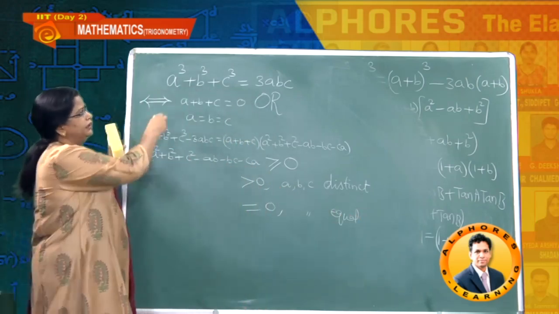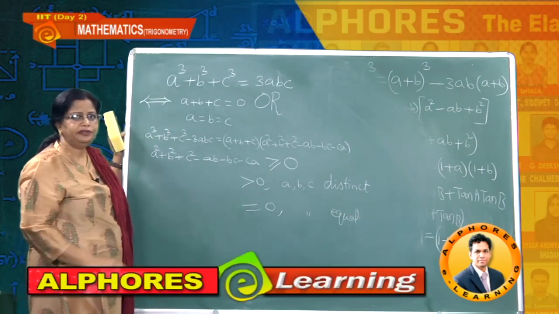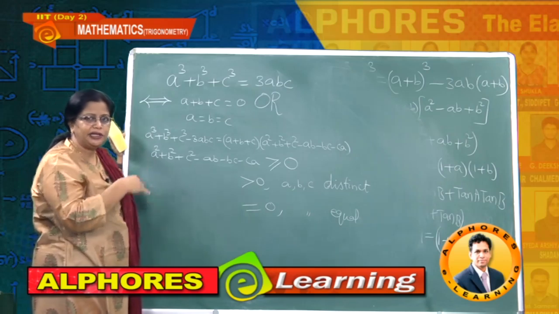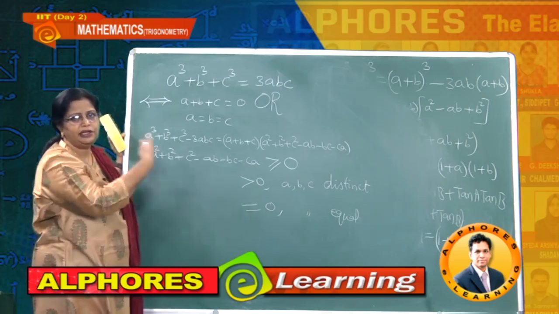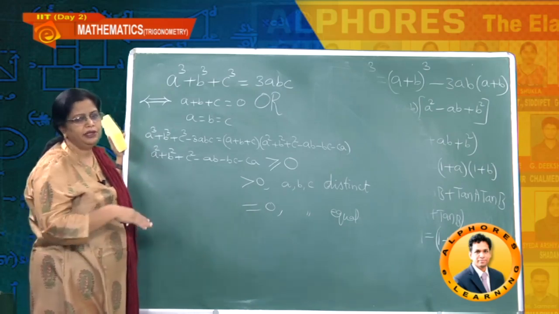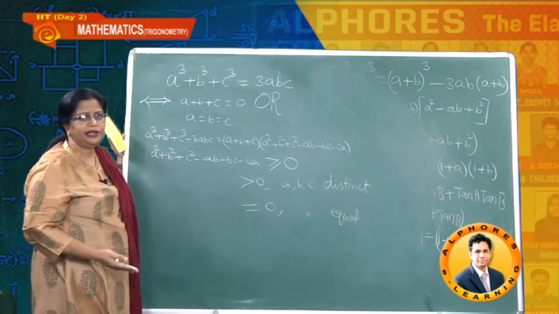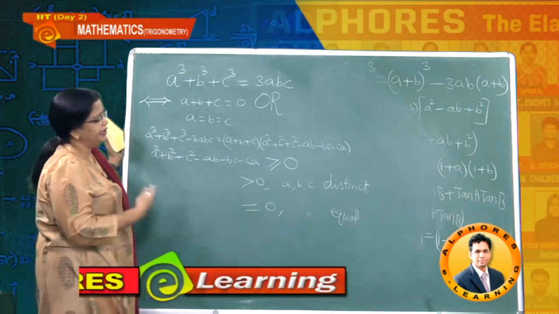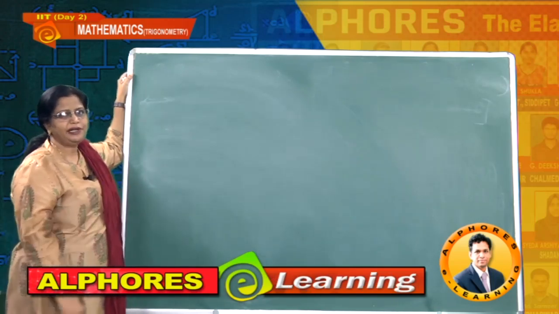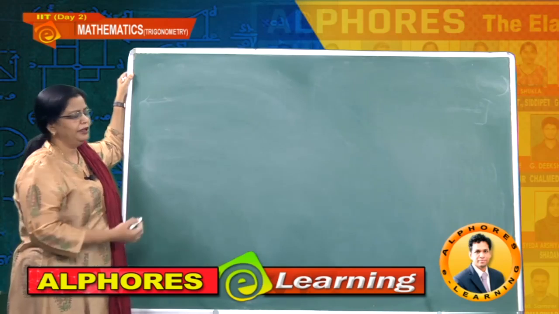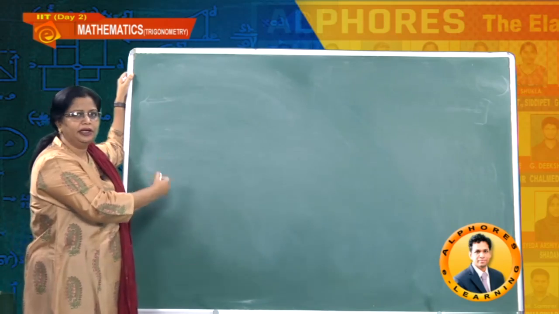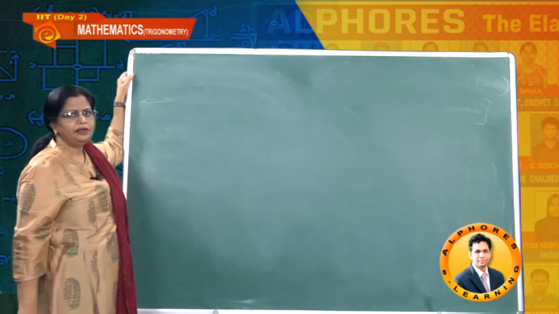So in this way, all these formulae we wrote till now are very important in our coming chapters, not only trigonometry but other chapters also. So students, be confident with these formulae, and wherever necessary directly you can make use of them. Secondly, students, yesterday we observed some identities. Let us continue. Why did I interrupt with these algebra formulae? Because in all these coming identities, those formulae are necessary.